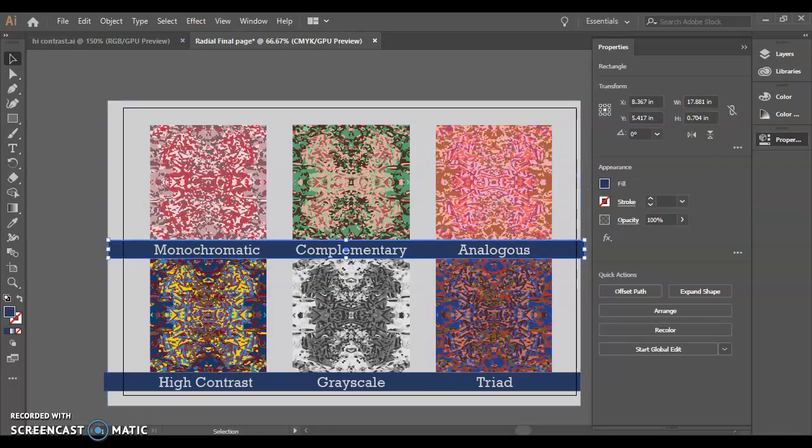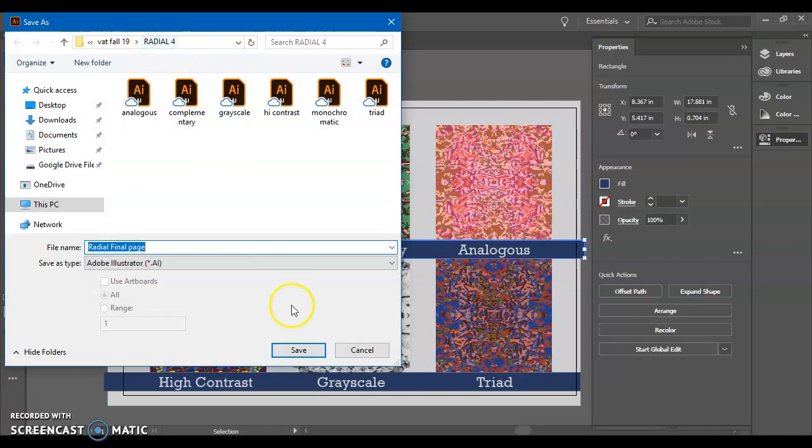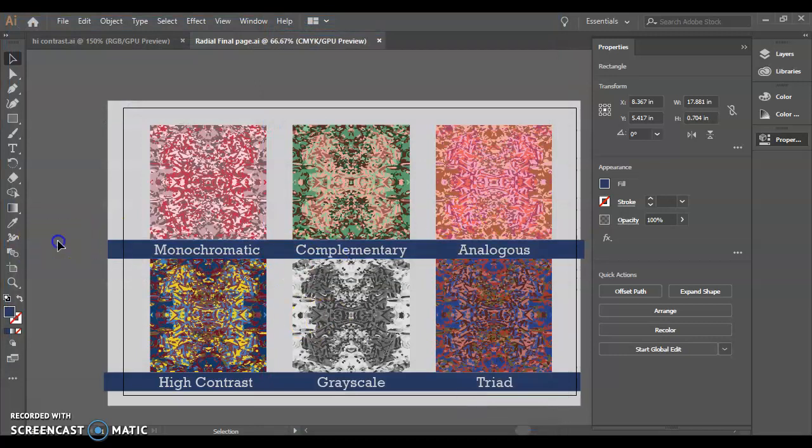And you would save this, File, Save it as your Radial final page in your folder, save it, and click OK. And this is the final document that would go in your